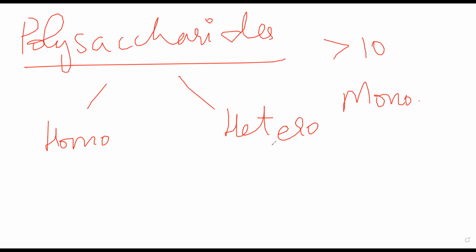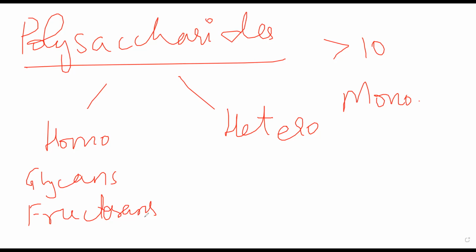Homopolysaccharides are those in which all sugar units are the same. It is a big carbohydrate molecule which has all the same monosaccharide units. For example, you have glycans. ग्लाइकेंस में जो है पूरे यूनिट्स ग्लूकोज के रहते हैं. All of these monosaccharide units that are making the polysaccharide are made up of glucose. Or you can also have fructosans. Fructosans में पूरे fructose के बने हुए रहते हैं.